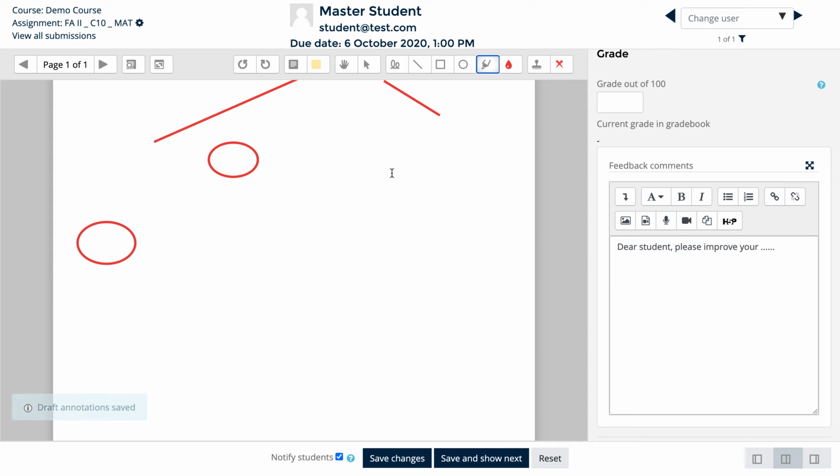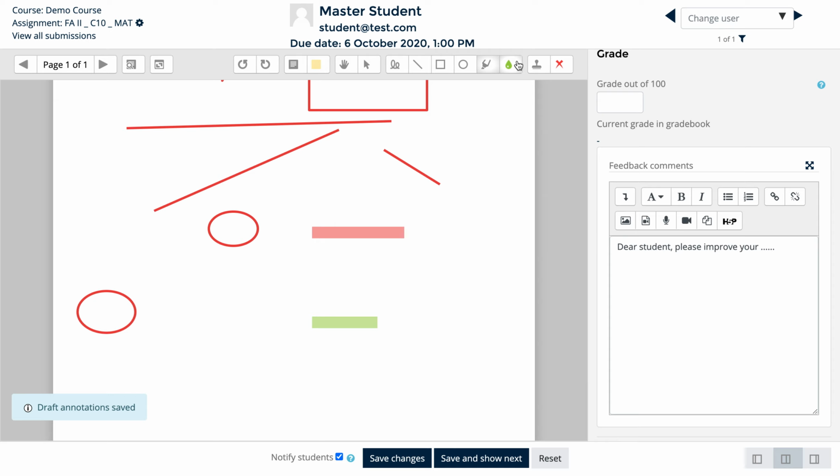The next one is highlighter. If you want to highlight anything like this and just give a comment box, you can use this option. Yeah, all these are in red color. Sometimes you might be very happy with the student's answer for some response, and if you want to go with the green color, you can change the color here. Okay, the first set of box we have discussed.